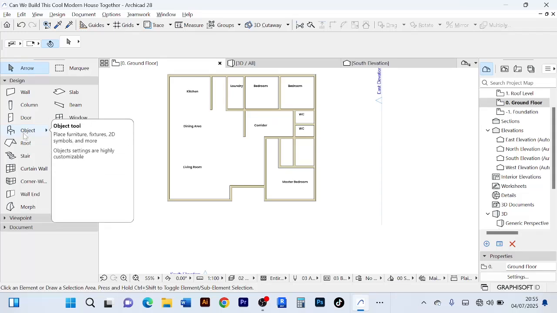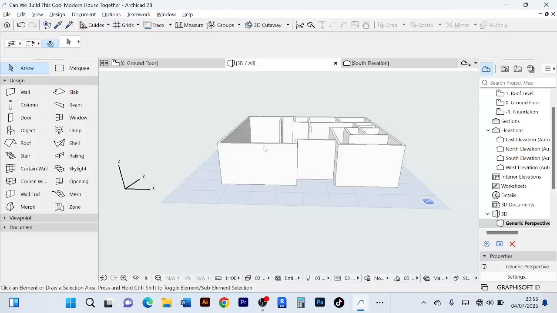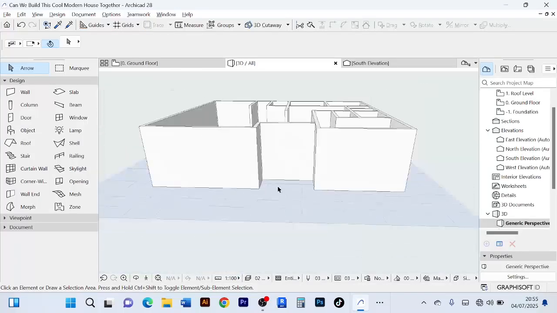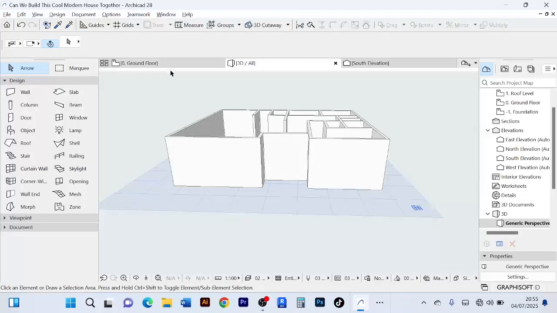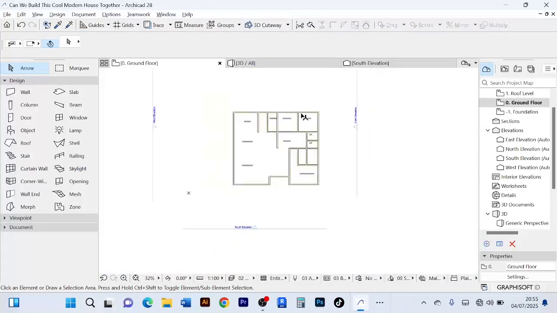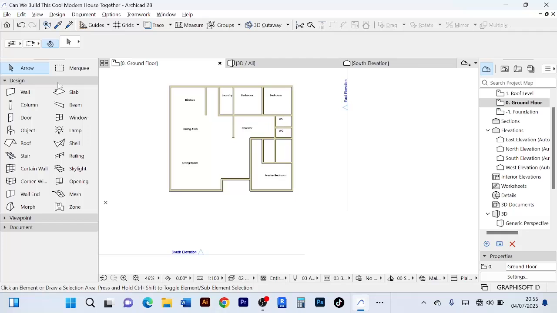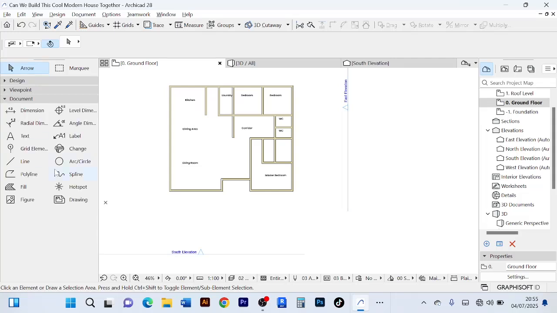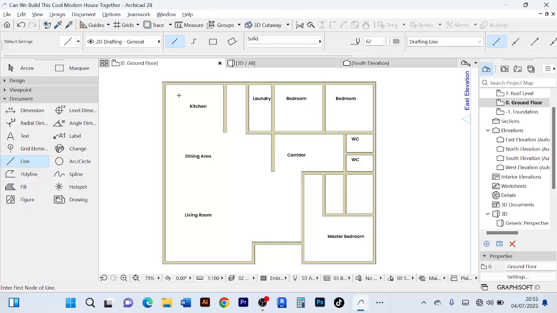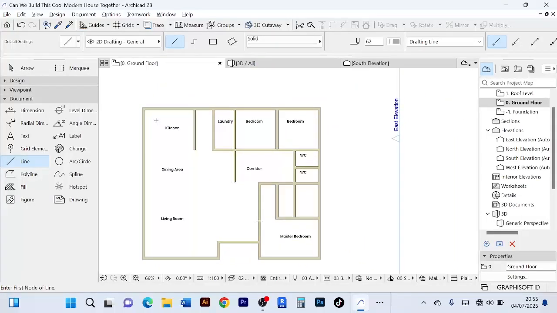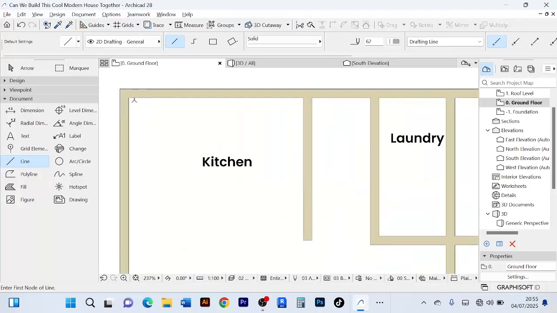Now, before we even do the objects, I think it is very important for us to have a floor or a slab for our room or our house. So let's first achieve that before we furnish our rooms by placing objects. To achieve that, I'll go to my documents and use the line tool. In Archicad, the line tool is one of the most important tools that you'll need. So I'll create a line from here,